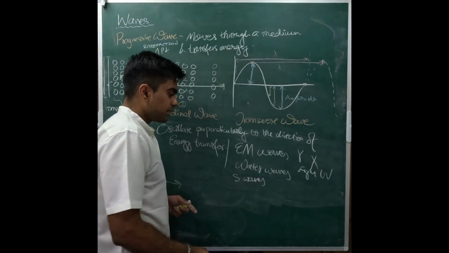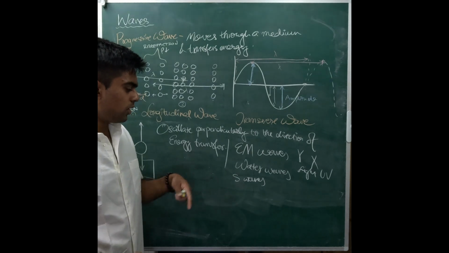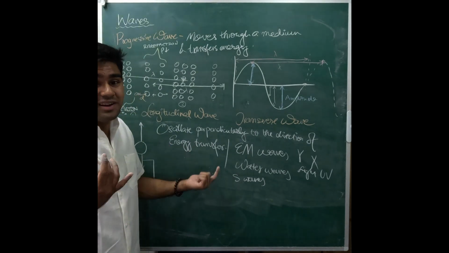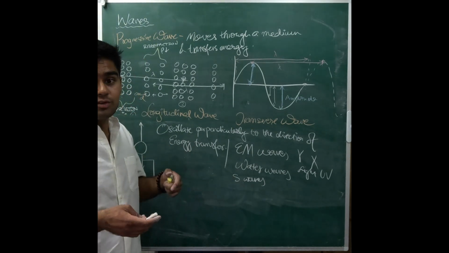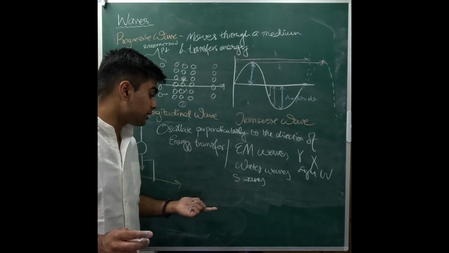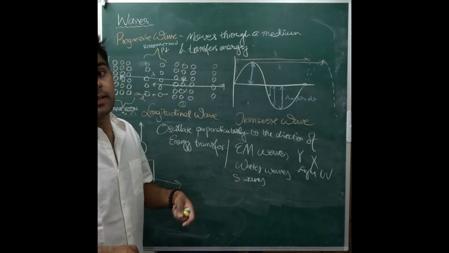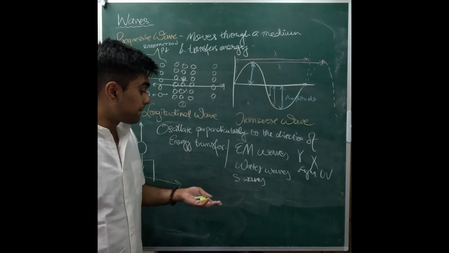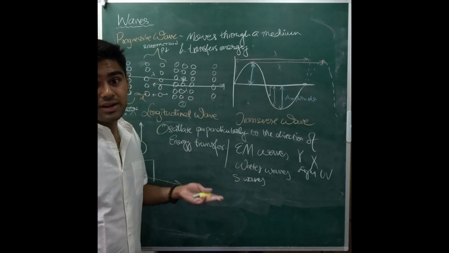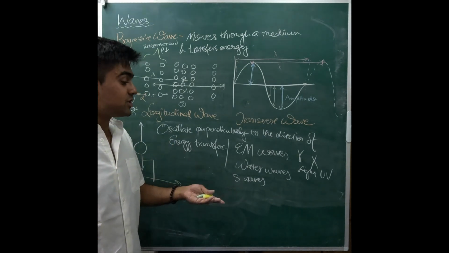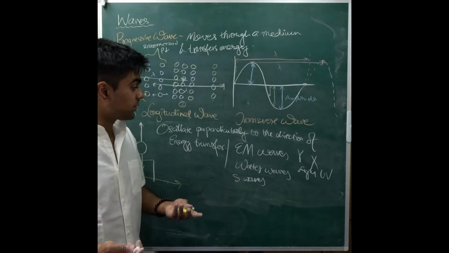Now, S waves is something that can come up a bit more often because it's very niche, to be honest. S waves, most students don't even know about it that well. So this could come up as a higher order question. So what sort of wave is an S wave? An S wave is a transverse wave, and it's generated during earthquakes.